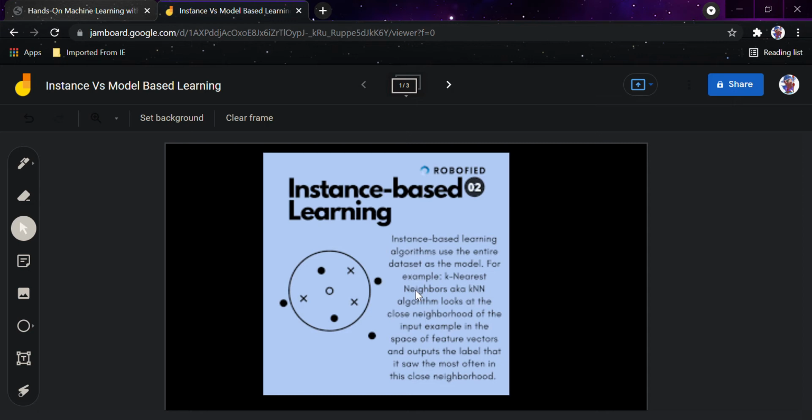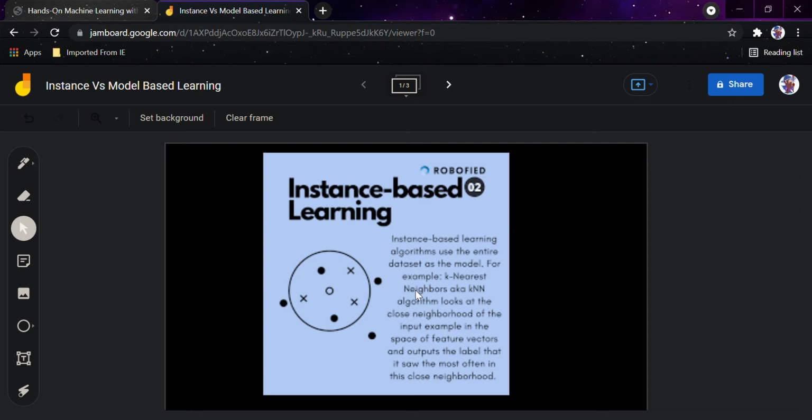Suppose you are given a number of training examples. The system needs to be able to generalize to examples it has never seen before. You are not expecting the system to just tell you about the training examples it has already trained on. You expect that the system would perform well, or better, on the new examples that you have not shown to the model. Hence, there are two approaches to generalization.